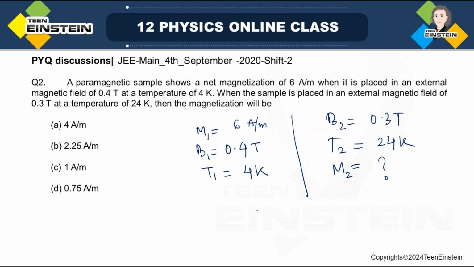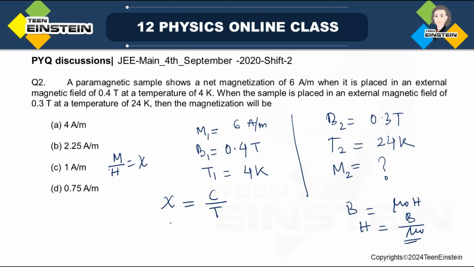This problem is simply from Curie's law. For a paramagnetic sample, we know the paramagnetic susceptibility is chi equal to C by T, where chi is equal to M by H. Since we have been given B instead of H, we use the relationship B equal to mu naught H. So H in terms of B is B by mu naught. Therefore, we know chi is equal to M by mu